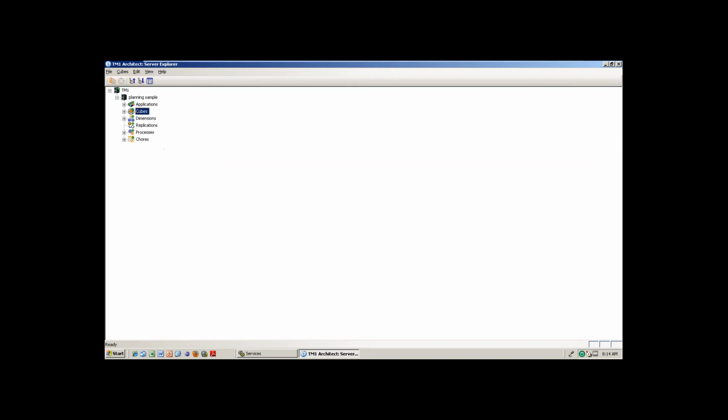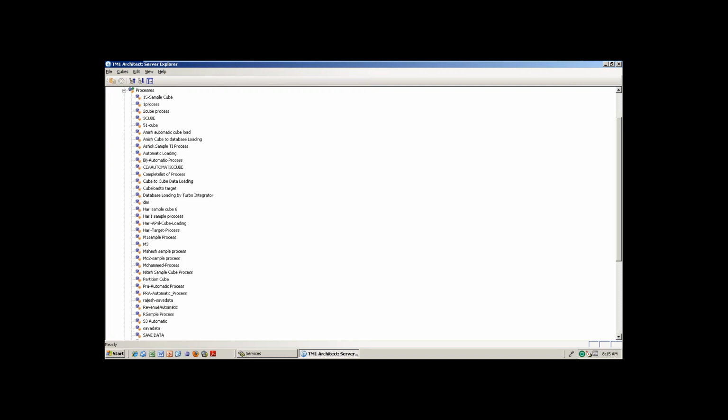Right. Till now I explained simply what is a cube, what is a dimension, what is a pick list, what are aliases, how to edit the data, what is consolidation, what is the parent, what is the children, these very basic things. Now actually moving into the process, because in real time you will not do it like this. Manually you will never create. So from now onwards, this is what you will do in real time.